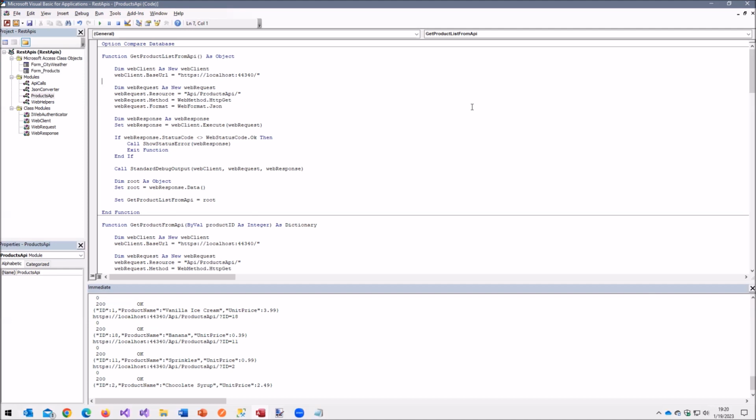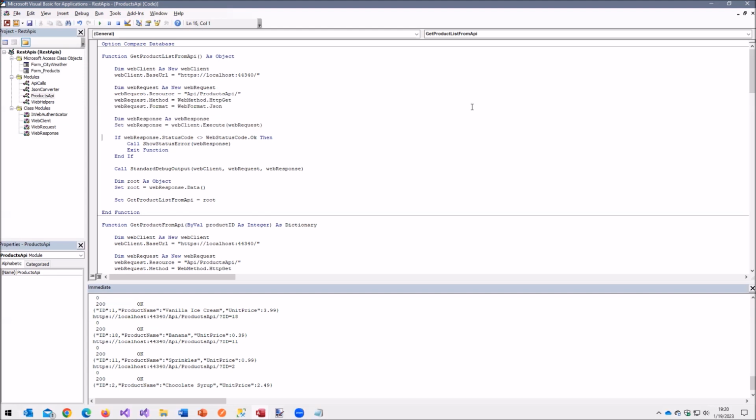I then set up my web request with the resource, the path, which is API products API, my method, HTTP GET, and the format I want for return, which is JSON. And then lastly, I dimension up my web response, and then I execute the client, which returns it to me.